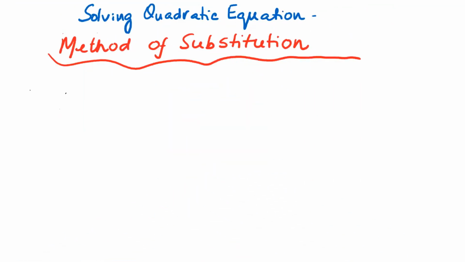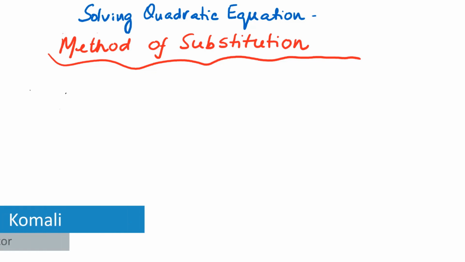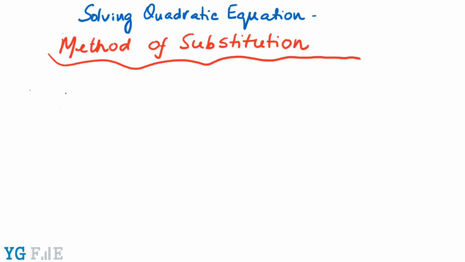Solving quadratic equations using the method of substitution. What we are going to learn in this is a technique or a trick that we can use to solve some quadratic equations that don't appear to be quadratic when we look at them the first time. They look weird, and then we can actually transform them into a quadratic equation by using this technique of the method of substitution. So let us try to take some examples, and then we will learn how to use this